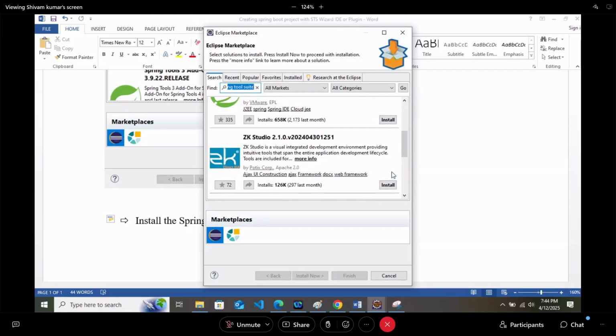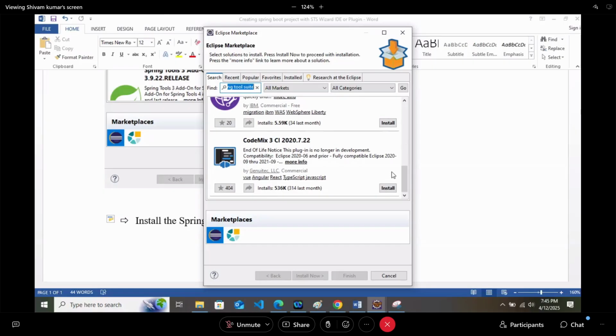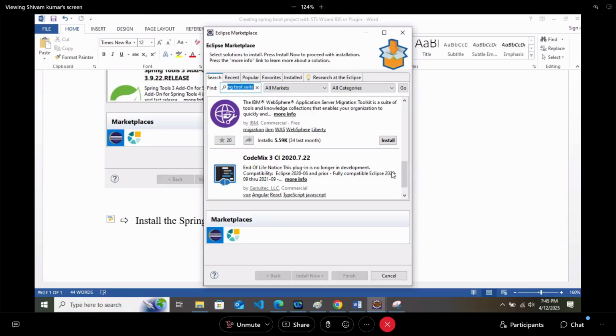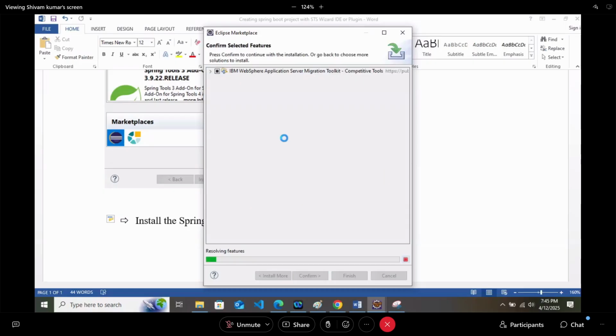Let's say there is one plugin here. I will show you by downloading any other plugin. Let's say this one. So when you click on install, you will get something like this, and it will consume some of your internet. So make sure that you have a proper internet connection at that time, and let it complete.